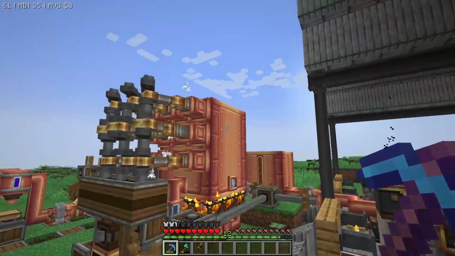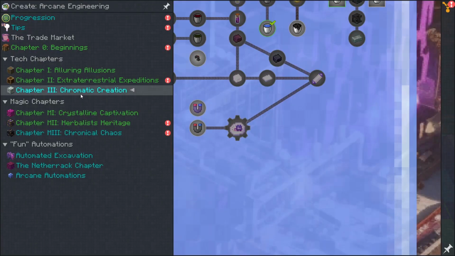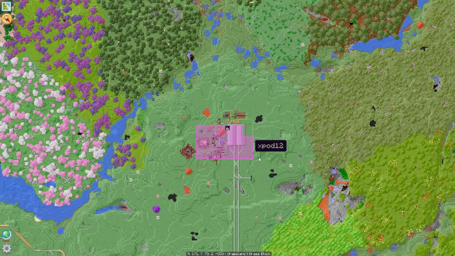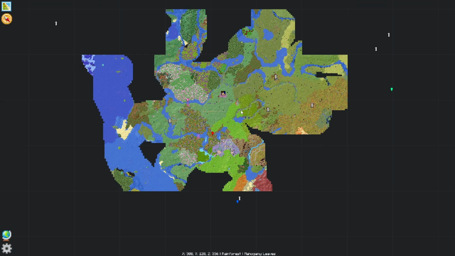Last time we were here, I got my steam engine up and running. What I want to do today is start working towards chromatic creation, but I'm going to need crude oil to do some work towards this. And I think I could pump up all these oil ponds in here, but what I also want to do,